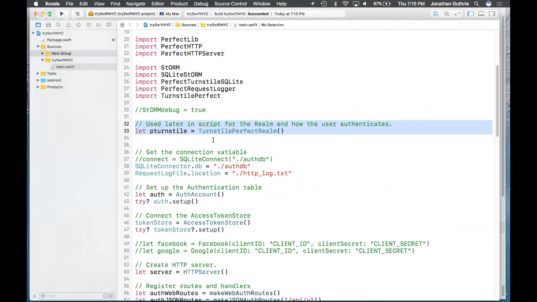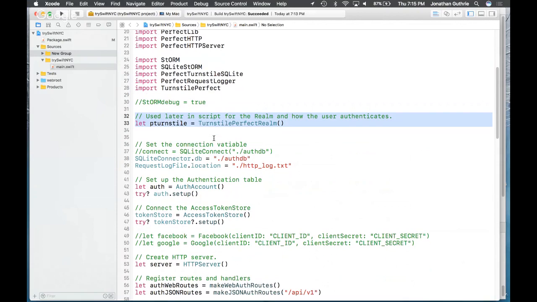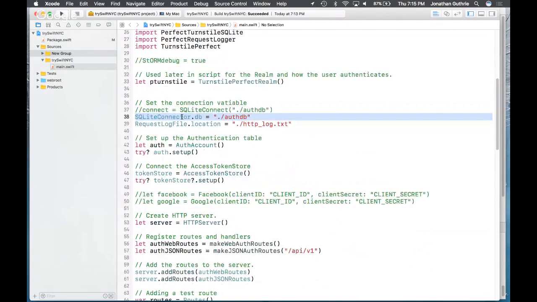That comes from Turnstile. Then we're defining the SQLite connector, just the database. Where is the database? We're saying that we want to use a SQLite database called AuthDB. We're also setting up whereabouts we want the log file to go.